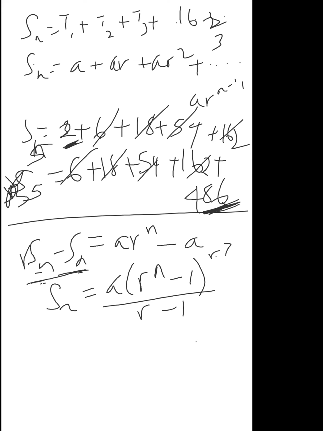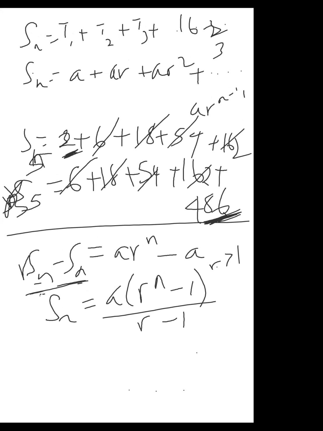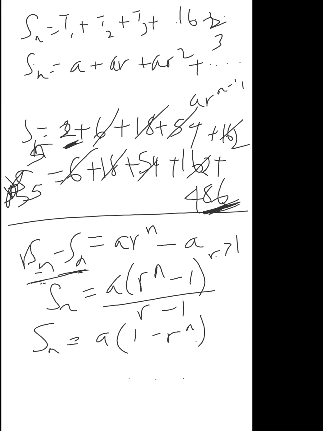So if it is more than 1, when our R is more than 1, we do it this way. When our R is less than 1, we do it another way around. So we just swap it, 1 minus R, and when we use that one, it will be very straightforward. So this is for when R is greater than 1. It is when R is less than 1. Now we also realize that at a time,